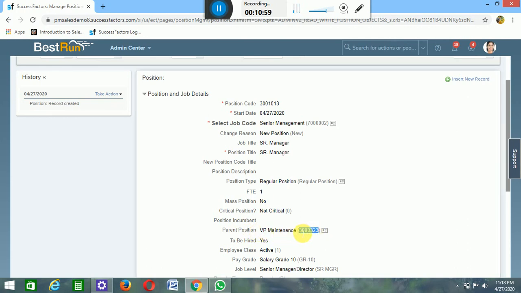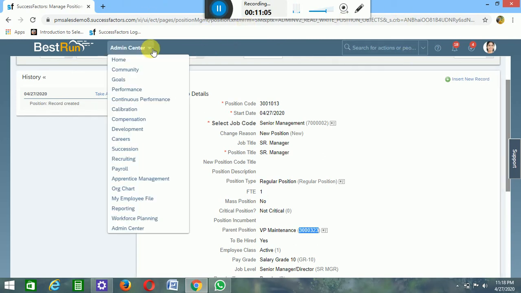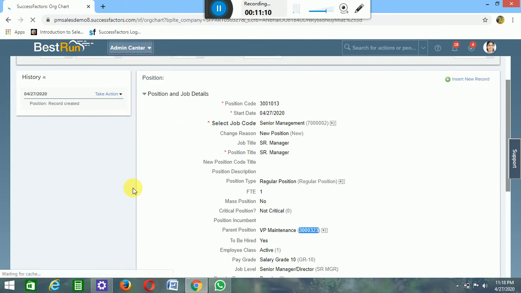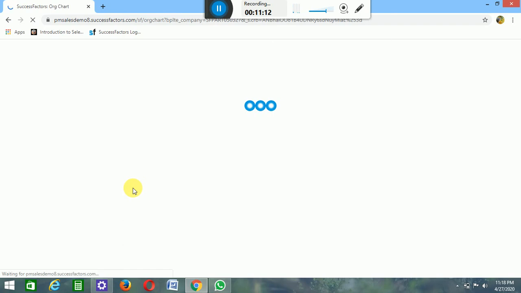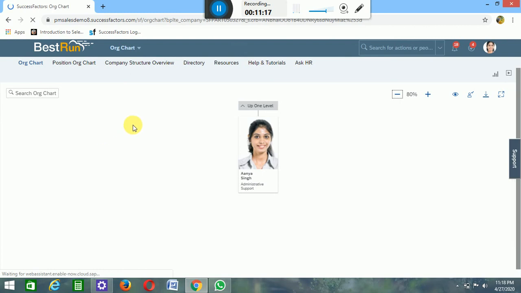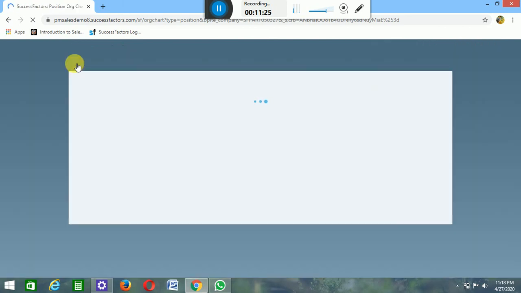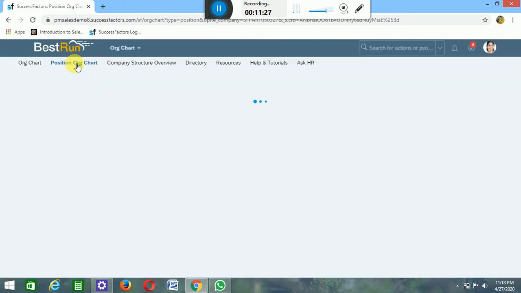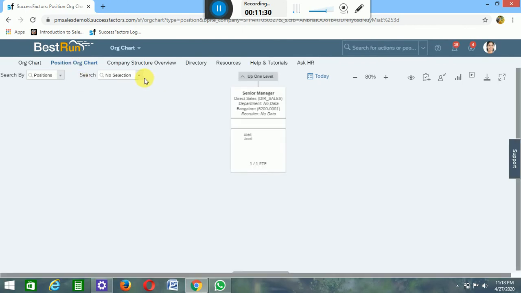So we will go to org chart and check whether it is created or not. Under admin, go to org chart, here position org chart, and search for the position under which you have created.